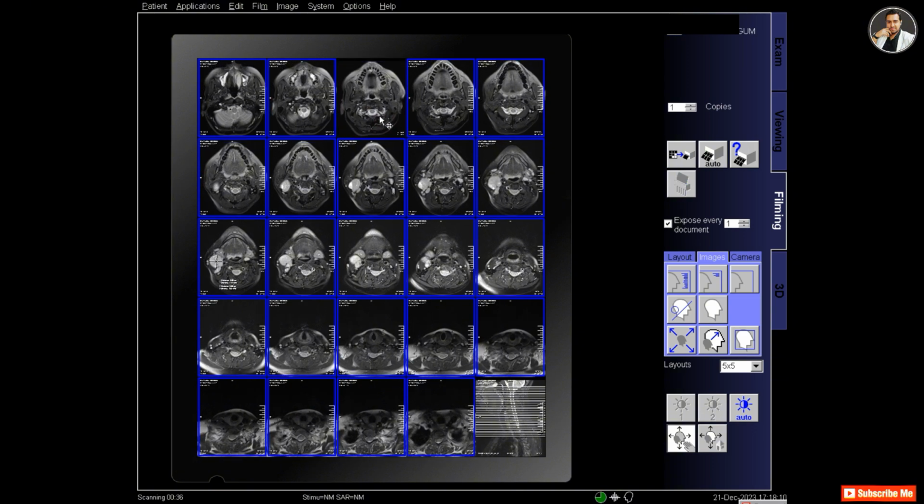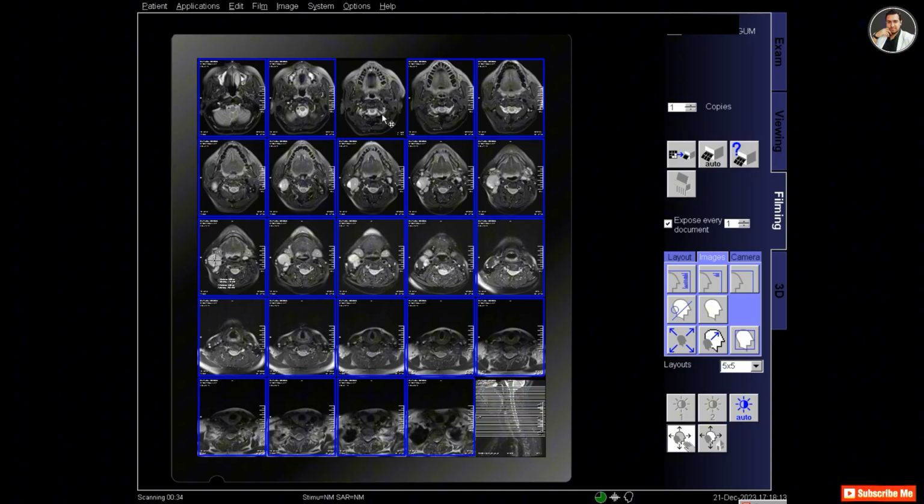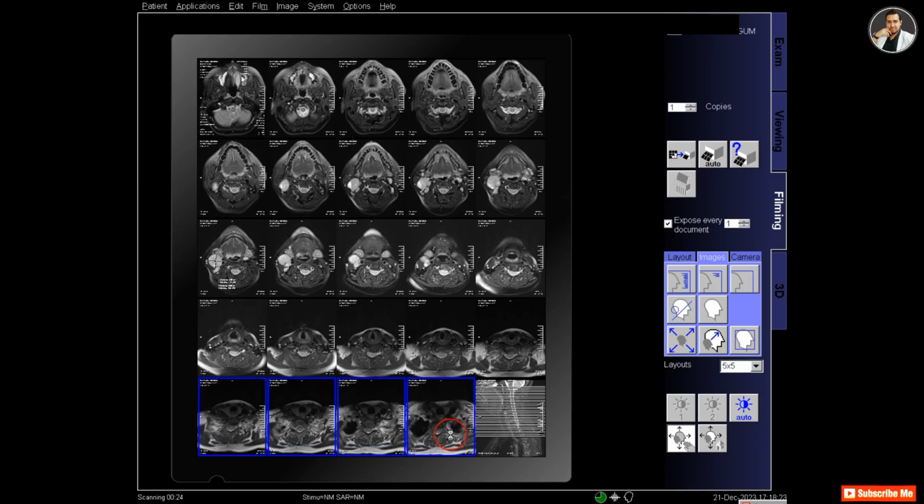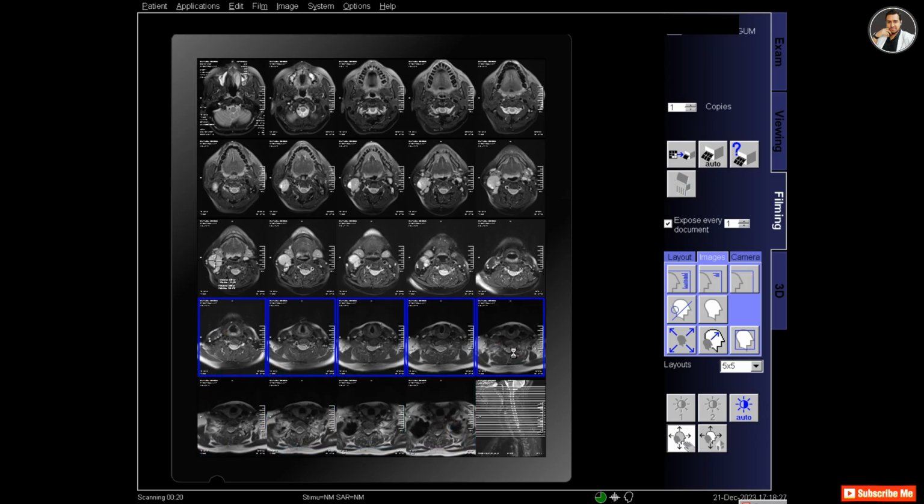So this is the first transverse film that I am preparing, and it's a T2 fat set axial or transverse. You can see that the normal fat set is not suppressing fat homogeneously in all the places.